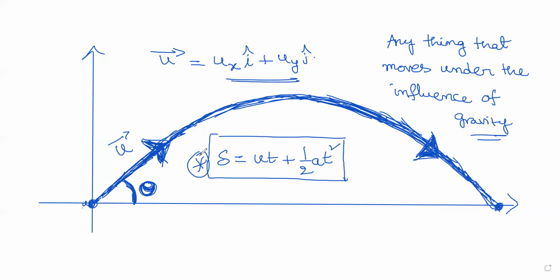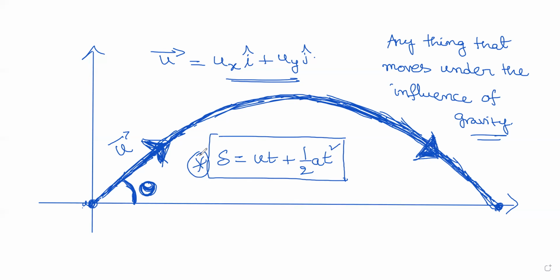So what is a projectile? Basically anything that moves under the influence of gravity is called a projectile. And now what is the equation? What you have to remember to solve projectile motion is s equal to ut plus half at square. Most textbooks write which equation, where to use, how to use, and all these things. I don't want to confuse any student. It's just one simple matter. This is the only equation. If you just remember that, it will be done.